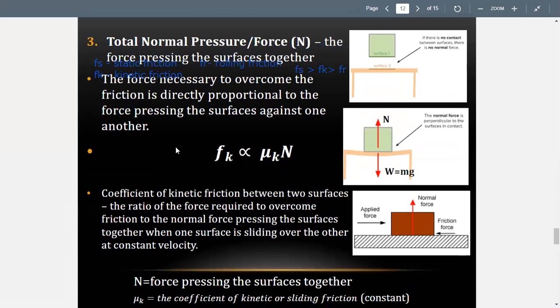Okay, another factor that we'll try to consider is known as our total normal pressure or total normal force. The total normal force, which we already mentioned before, is present when a box or a weight is pressed on a table. The table will create a reaction. So this reaction is known as the normal force. And usually if this one is placed flat on top of a table, N and W are